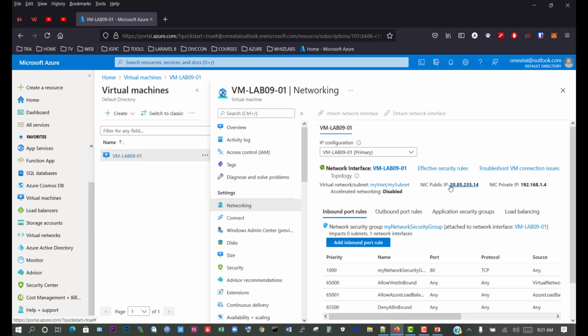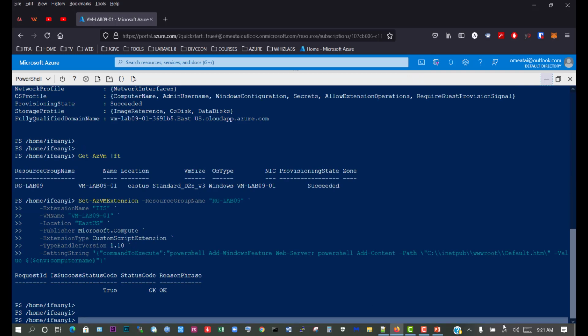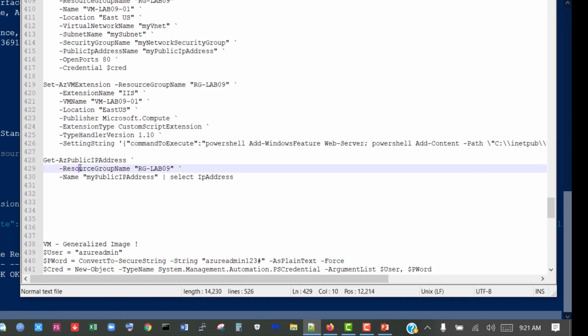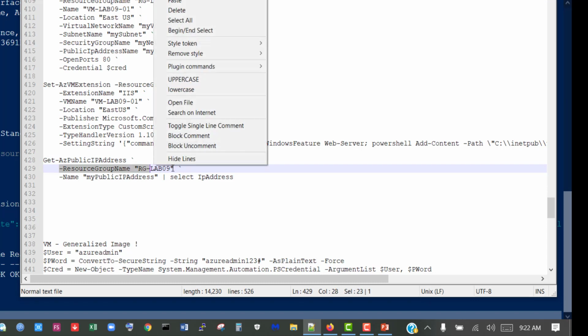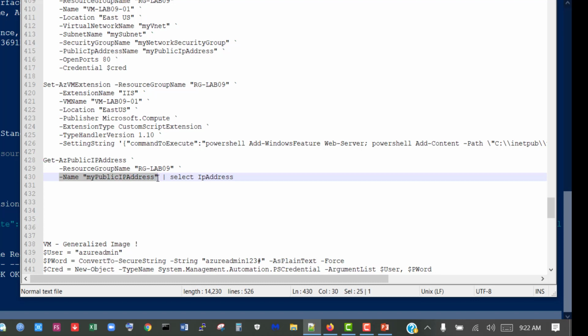So we can use this IP address, or we can come and find that out from here. So we're going to run this command, that is to get the Azure public address on the system using the resource group name,